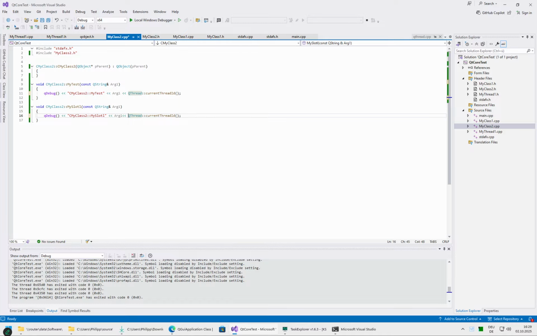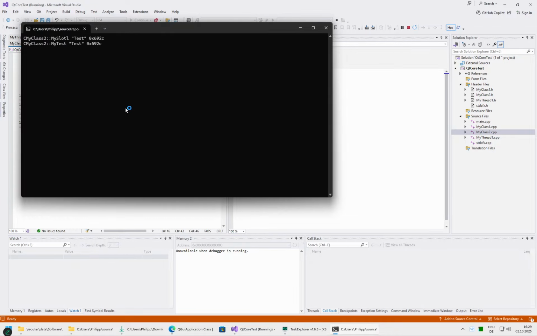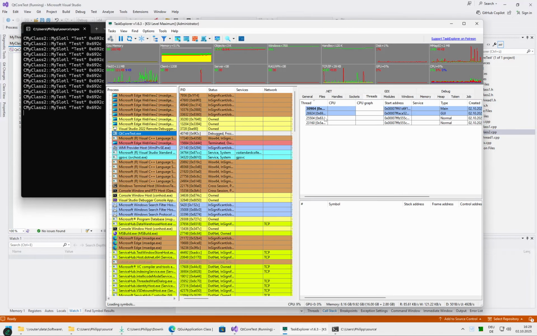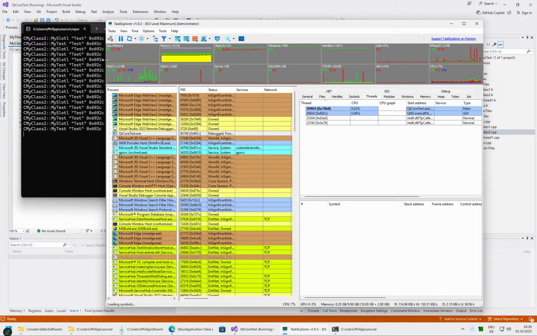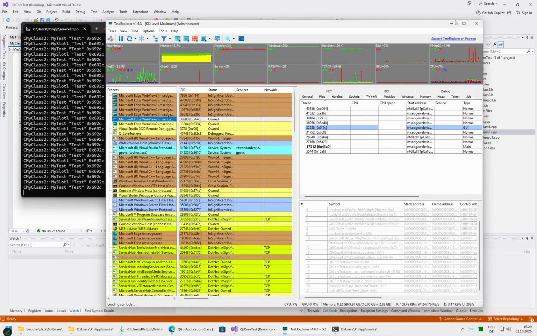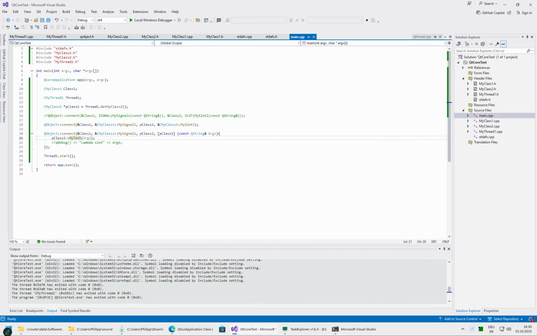But of course here, since we have connected it in the context of the other object, we see that it is from the same thread. We can inspect that the thread is 96C2. 96C2 is our worker thread and not our main thread. We deselect it so that we don't get stuck. So when we now go back to our main and comment out the specification of the object and run it again,